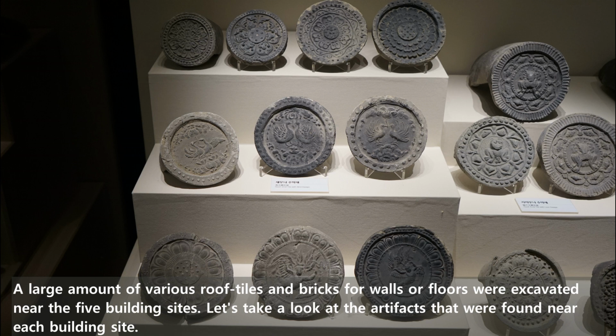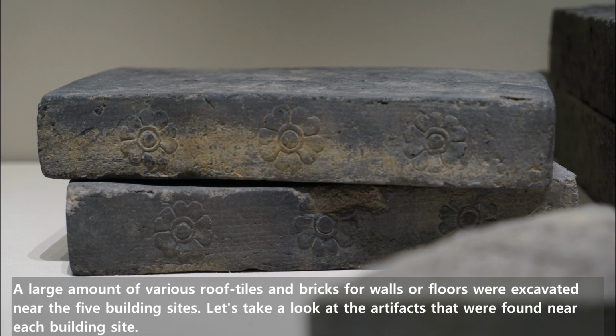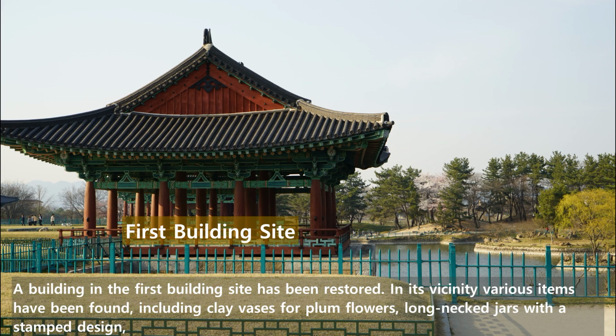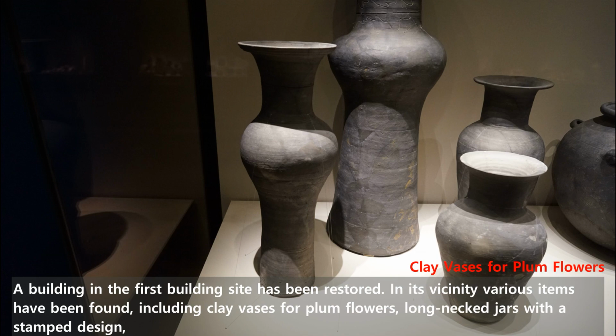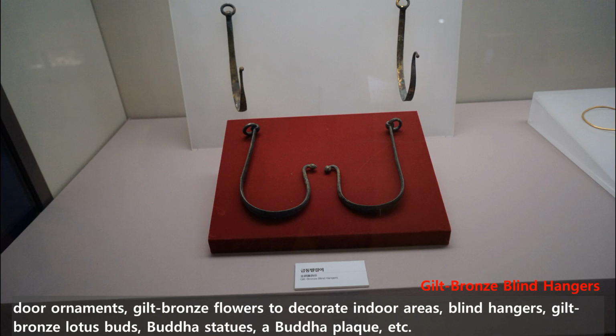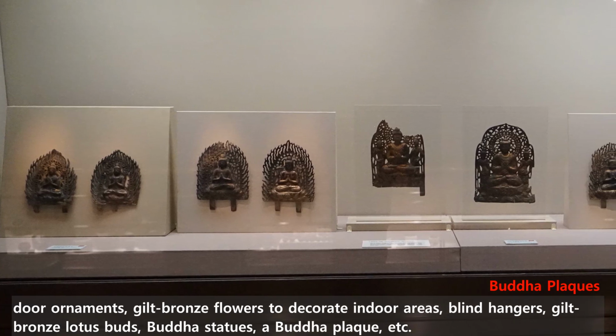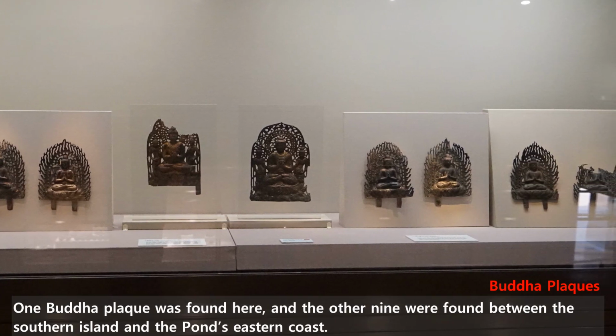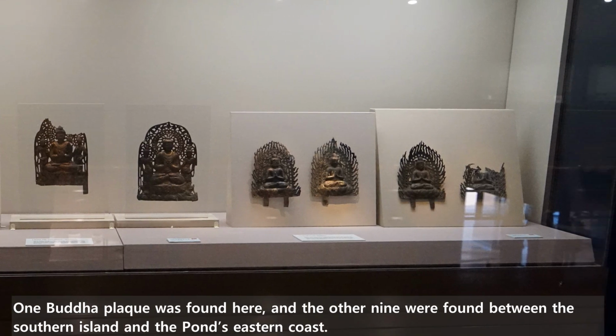A large amount of various roof tiles and bricks for walls or floors were excavated near the 5 building sites. Let's take a look at the artifacts that were found near each building site. A building in the first building site has been restored. In its vicinity, various items have been found, including clay vases for plum flowers, long-necked jars with a stamped design, door ornaments, gilt bronze flowers to decorate indoor areas, blind hangers, gilt bronze lotus buds, Buddha statues, a Buddha plaque, etc. 1 Buddha plaque was found here, and the other 9 were found between the southern island and the pond's